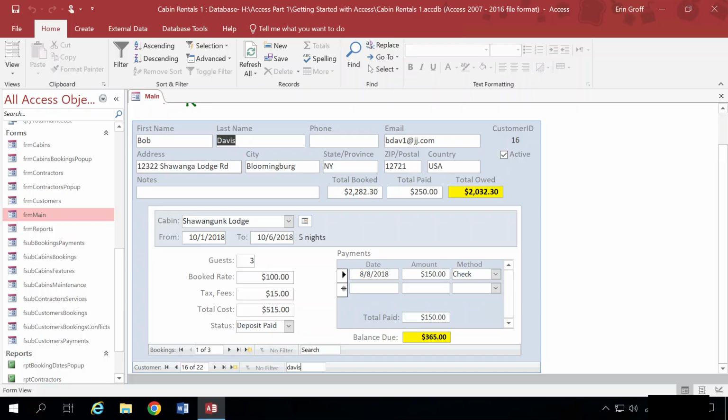Observe the data shown for Bob Davis. Bob Davis has made 3 bookings. That's shown here, 1 of 3. His first booking was for Shawangunk Lodge in October 2018. Again, that's shown here, with a total cost of $515. For that booking, Mr. Davis made 1 payment of $150, shown here, but he still owes